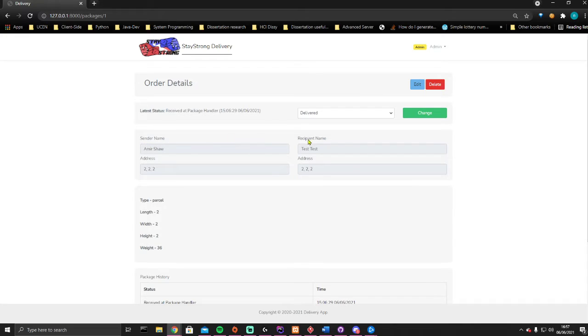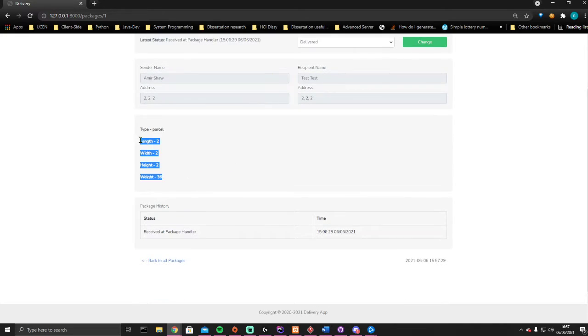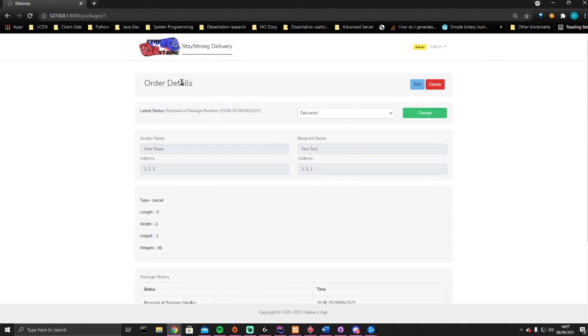We have a sender's name and we have a recipient's name. Now we also have the package dimensions that were specified on the previous screen, and we also have a package history. Now again, Laravel is just the foundation. It's just literally the floor. Everything that you see within this app in its present form has been designed and developed by myself, predominantly in PHP and JavaScript. So